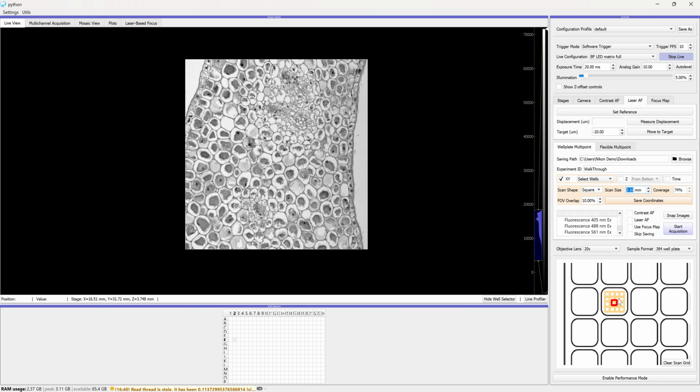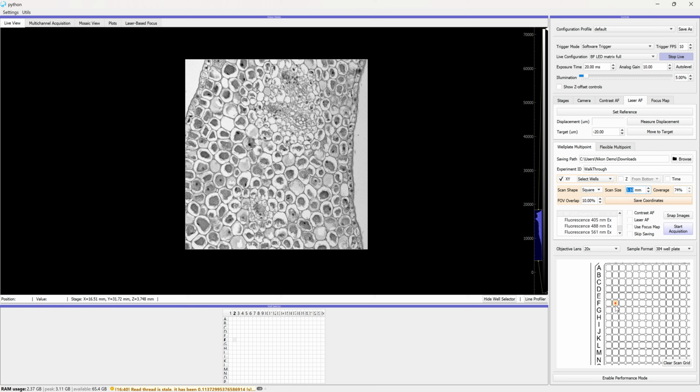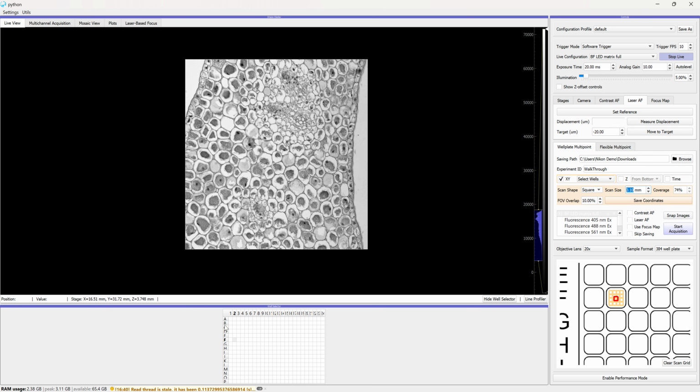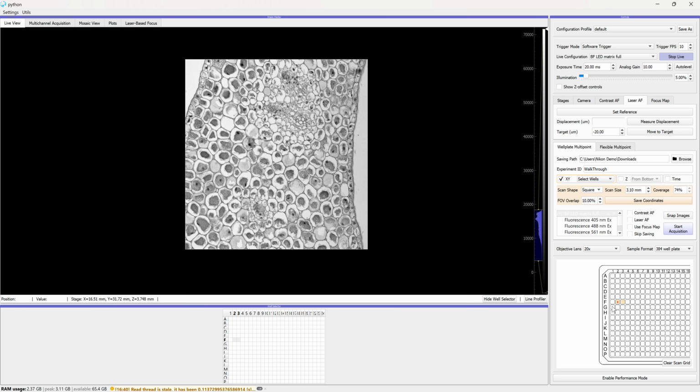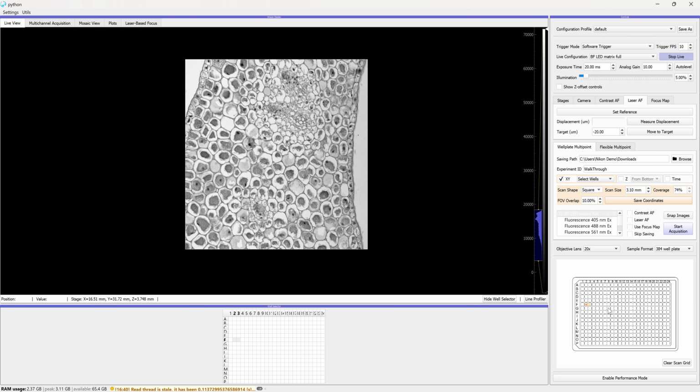If I zoom back out here, I can see that if I select wells F2 and F3, now that same 4x4 grid is repeated in the next cell over. So by selecting wells, I can repeat that same pattern across as many wells as I'd like across the well plate. In order to select wells, I can either click on wells individually, if there's particular wells or single wells